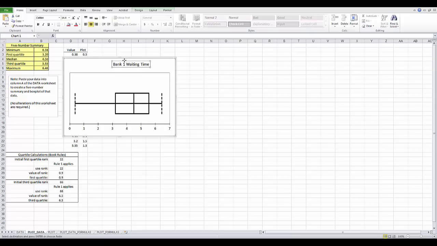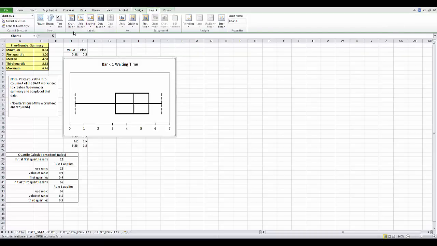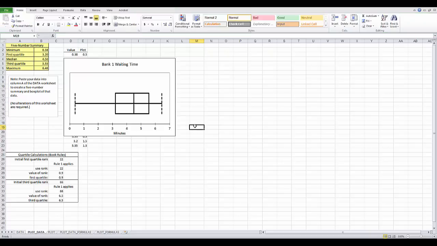This would be better if it were centered a little bit better. We can drag it over. Okay, it's a little better. Let's see, our axis, horizontal right below, and this is expressing minutes. So let's use minutes as our title because it's expressing the waiting time, and that's in minutes. So we've already put waiting time in the chart title, so it's enough to just say minutes for our x-axis. And that helps the viewer to interpret what is on this graph, what is it depicting.